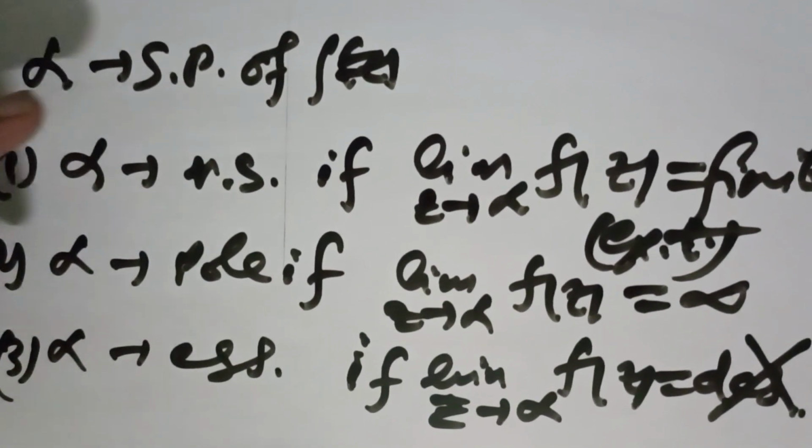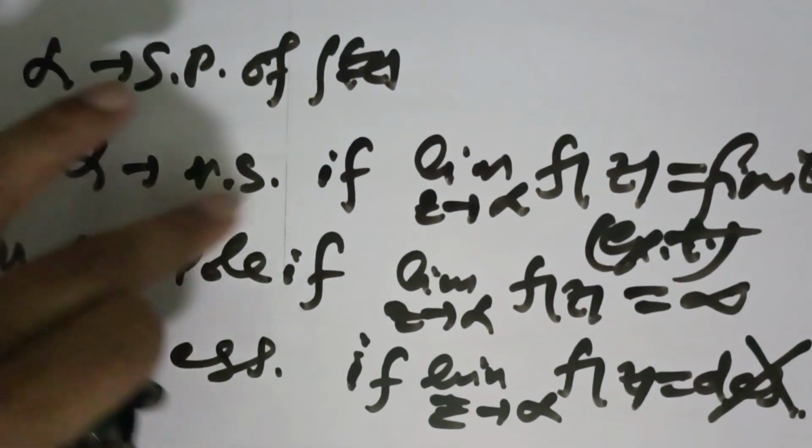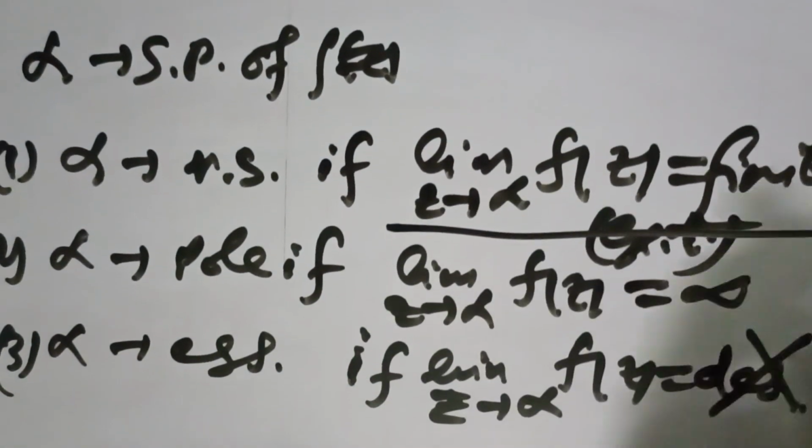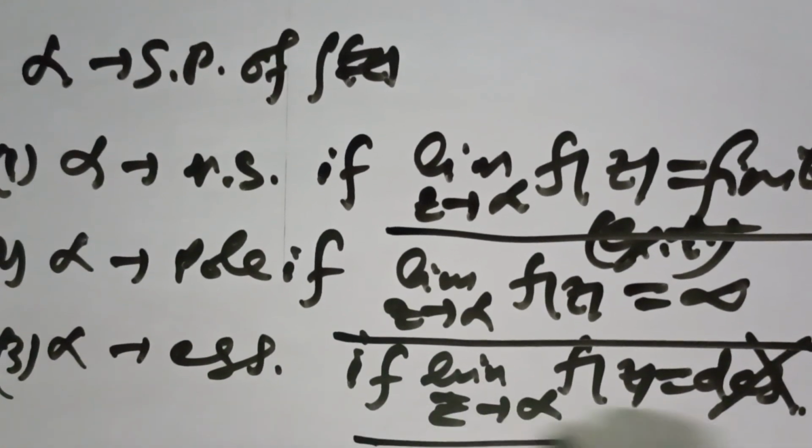Okay, if alpha is a singular point of f(z), then alpha is said to be a removable singularity if the limit as z tends to alpha of f(z) is finite. Alpha is a pole if the limit as z tends to alpha of f(z) is infinite, and alpha is an essential singularity if the limit as z tends to alpha of f(z) doesn't exist. Okay, so using this concept we are going to solve this question. Now